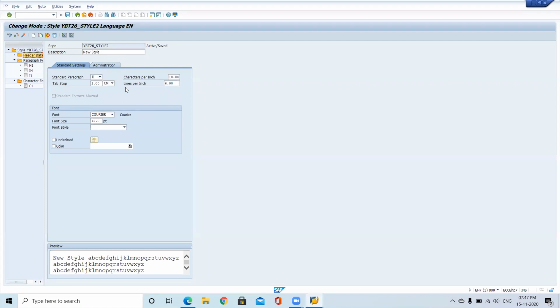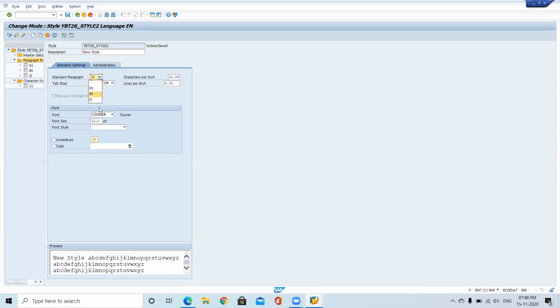Okay, so when we are giving a title in that smart form, we need to choose this paragraph, right? Yes. If you have created it, then only you can select any one of those paragraph formats. Without creating a paragraph format, you won't be able to choose it.